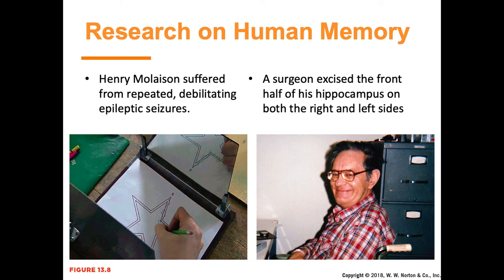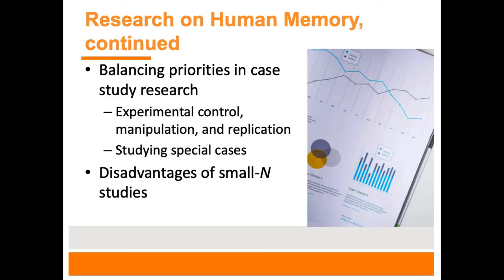Some of the examples here have to do with memory and, in this case, seizures resulting in removal of areas of the hippocampus, and then learning differences afterwards, and certain deficiencies that existed based on the removal, theoretically, of these pieces of the brain. Of course, they couldn't randomly assign this, they couldn't replicate this, but they can look at these post-test changes based on this one case study.